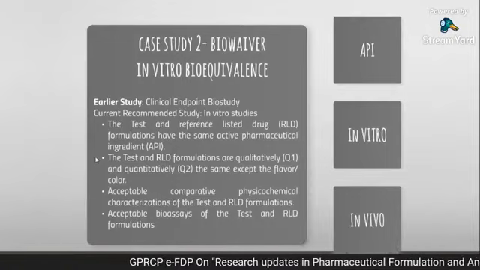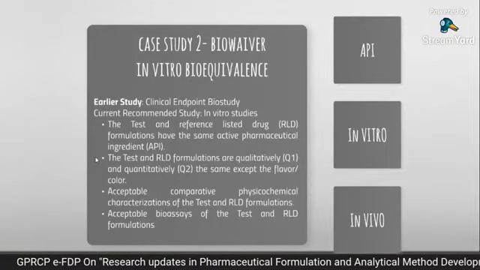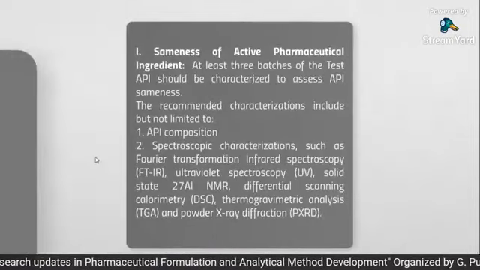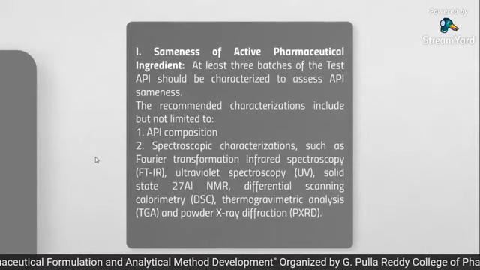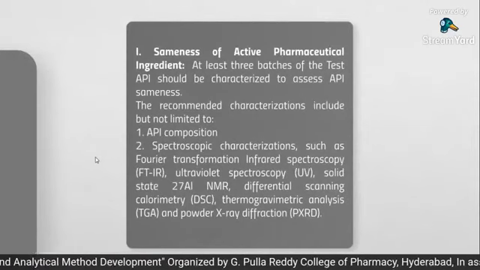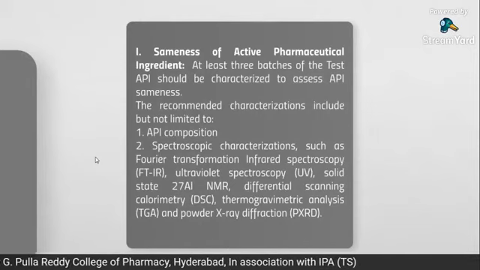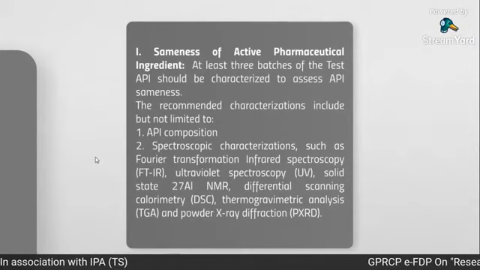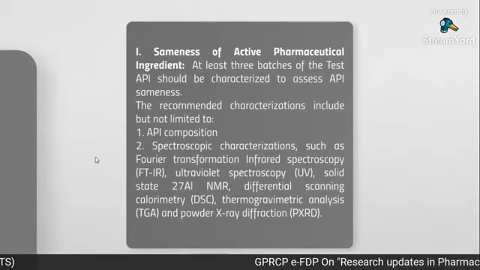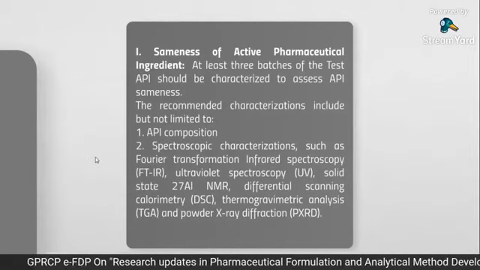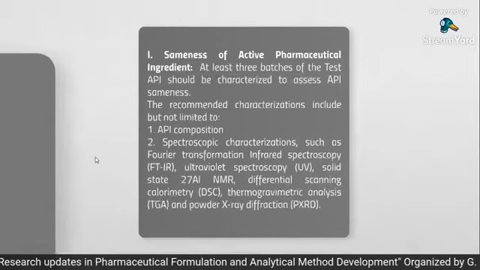And finally, acceptable bioassay of the test and RLD formulations, like API sameness. API similarity can be shown by API composition and FTIR spectra, UV spectra, solid state 27 aluminum NMR, differential scanning calorimetry, TGA, and powder X-ray diffraction. By getting the data from all these techniques, we have to prove that our API and the innovator API are the same,